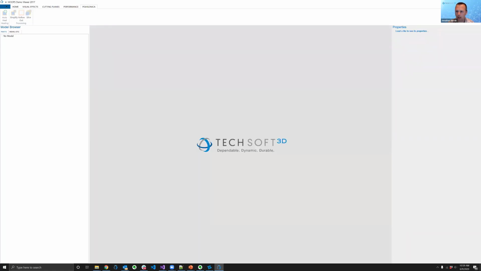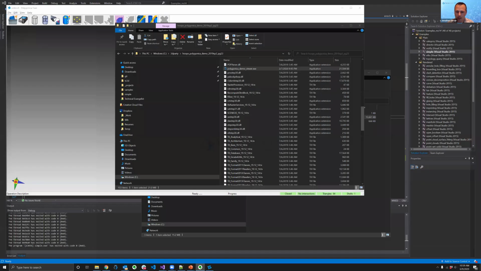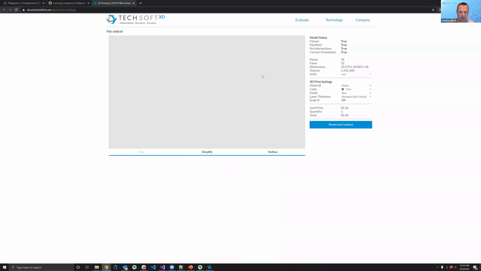All right, so we talked about Polygonica, what it is, how to use it, looked at the API, looked at the install, wrote a little bit of code. The last thing I wanted to do is to show a couple different applications and different things you can do with Polygonica. So we showed that desktop application. We also have one using Hoops Communicator, running